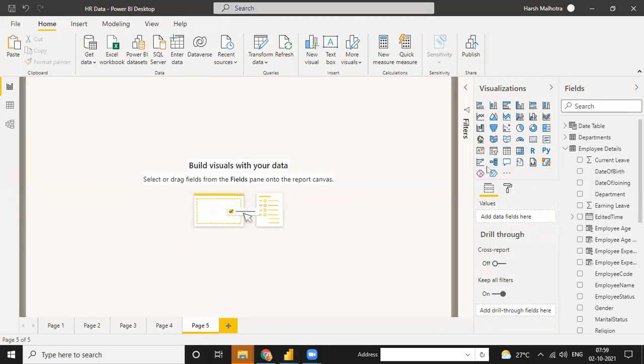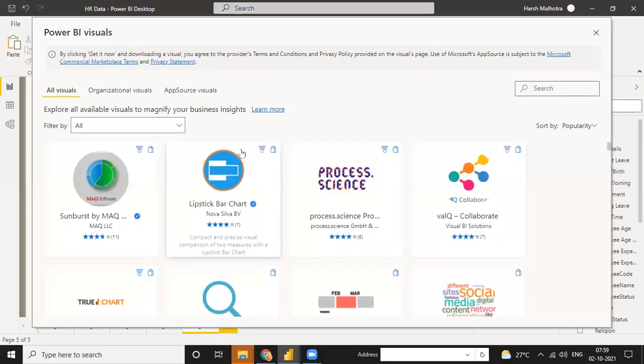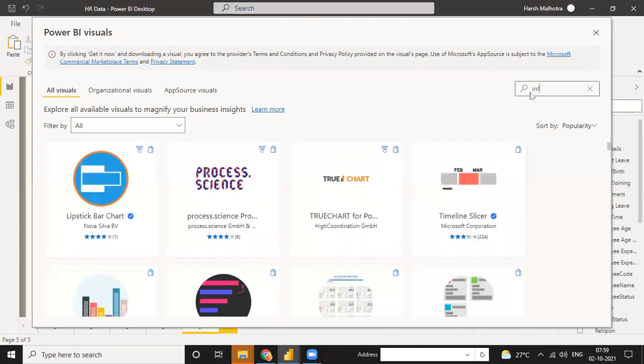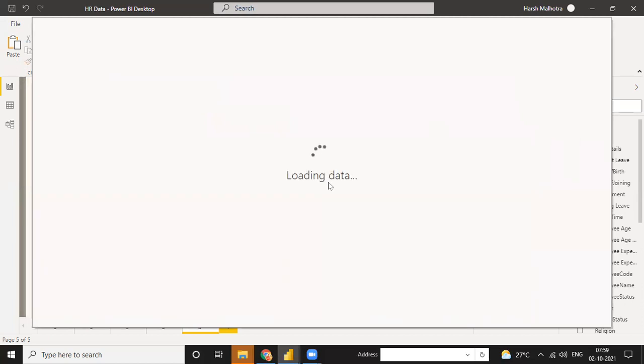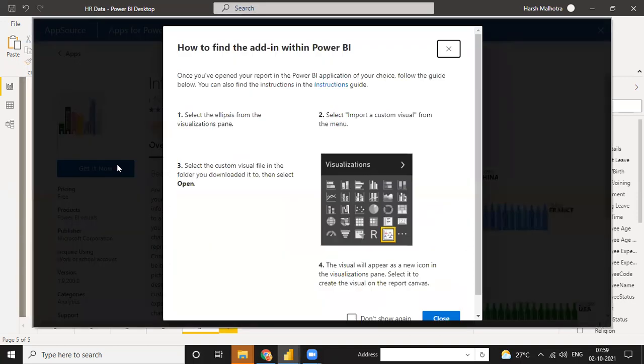So I can just go to get more. I think you don't have any option for this because you don't have access to this infographic, but I can tell you how to use it. Just go to infographic, get the visualization, and you can get it into your list.